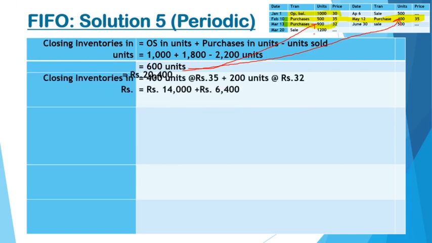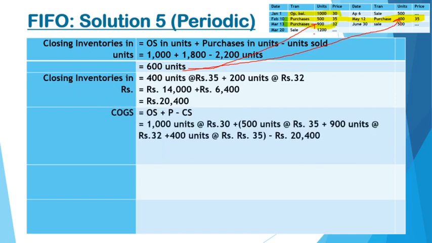Now regarding cost of goods sold, you can either apply the formula, that is opening stock plus purchases minus closing stock. That is, take up all the information, write opening stock, write all purchases, then closing stock. But we should not do this much calculation. We can do it easily. We know how many units are sold. You see, units left are there with you, isn't it? So if you know how many units are left, you can easily identify how many units are sold.